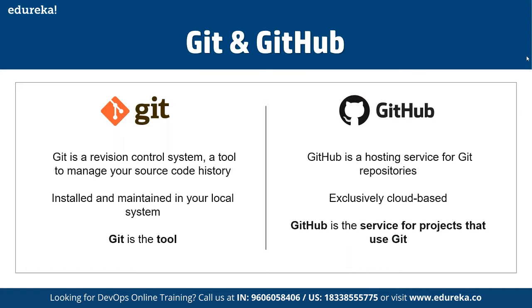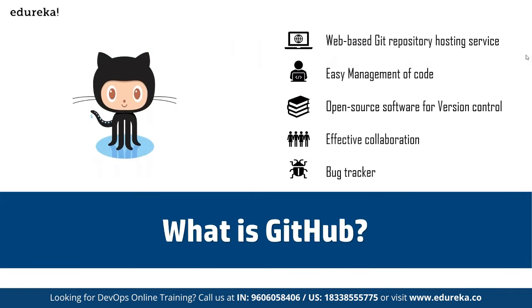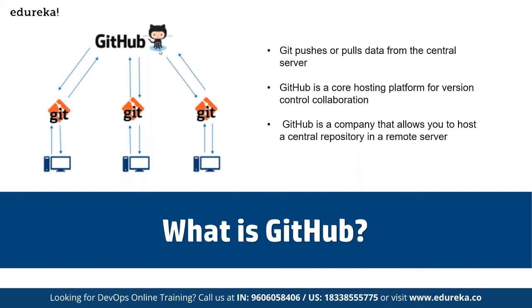All right, so next we have, what is GitHub? GitHub is basically a web-based Git repository hosting service. It's easy to manage, it's an open source tool, but it also has an enterprise version available. It allows effective collaboration between multiple team members. And it also has bug tracking available, which was not there from the beginning. So basically, GitHub is used as a centralized repository where we can push or pull data